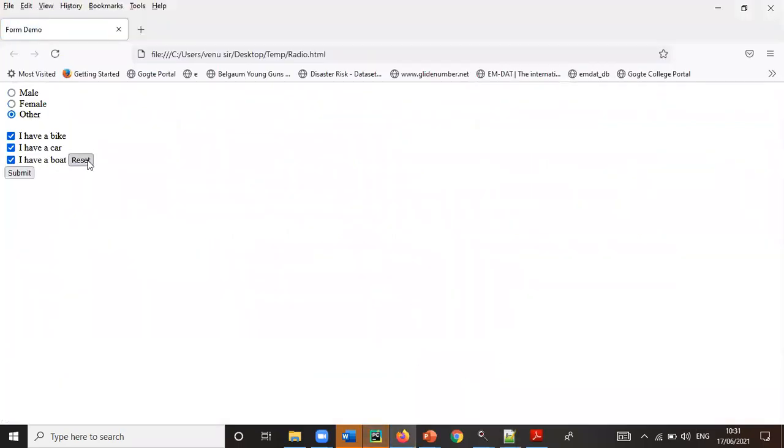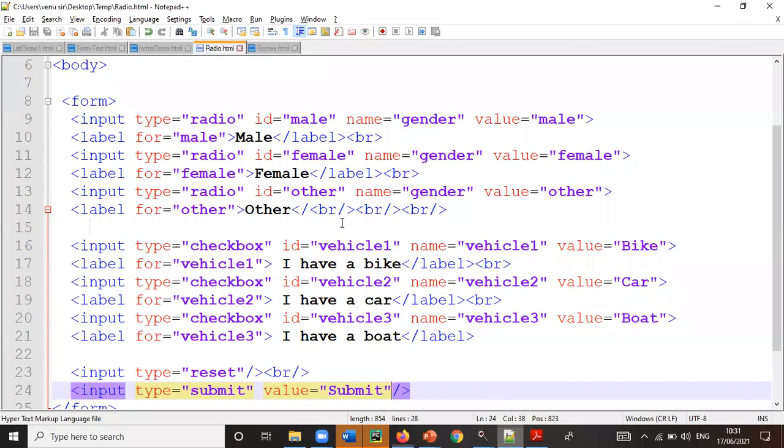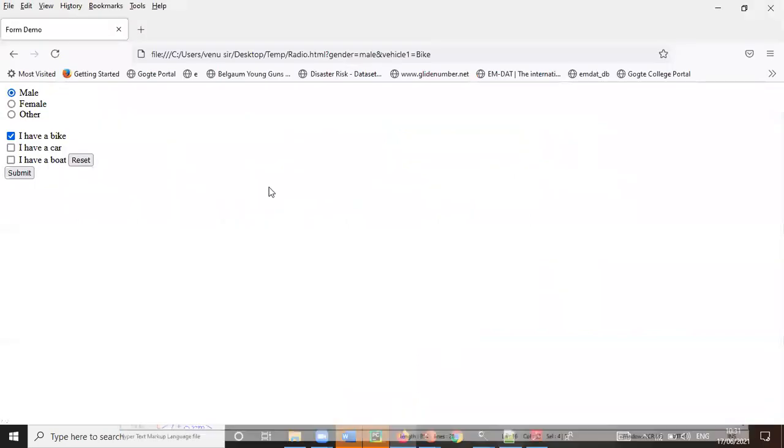You can see reset. Everything will be reset. If I click on submit, what will happen is the values of those we had selected will be sent. Male we had selected, and then I have a bike we had selected. What is the value of this? male, m small. And then I have a bike. What is its value? Bike. So the values male and bike will be selected, and then they will be sent to the